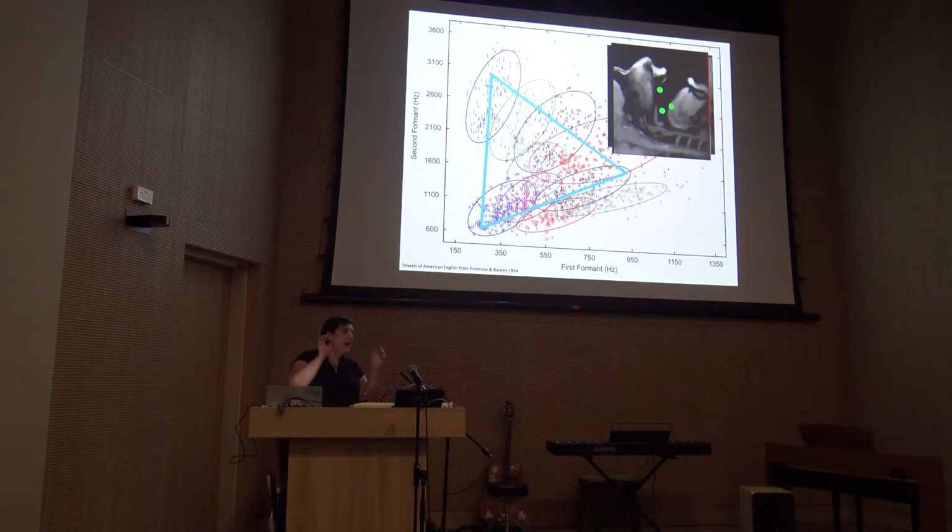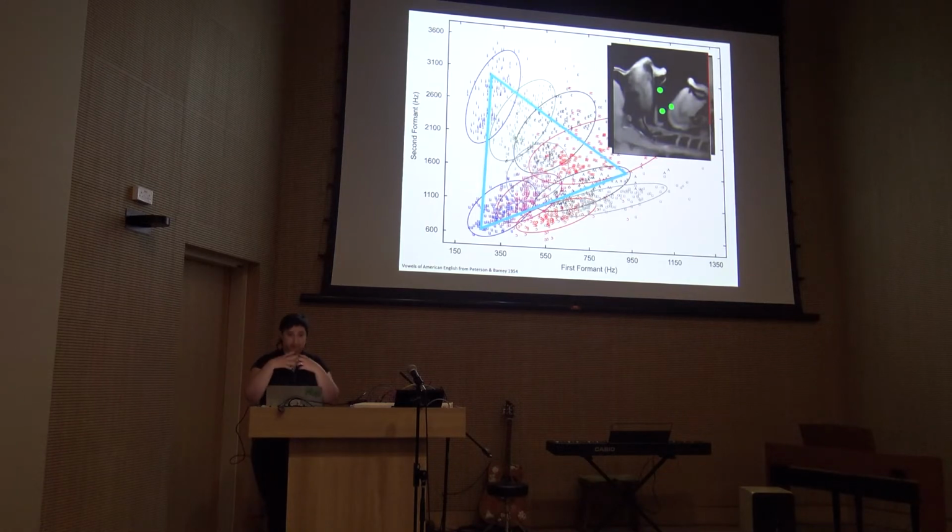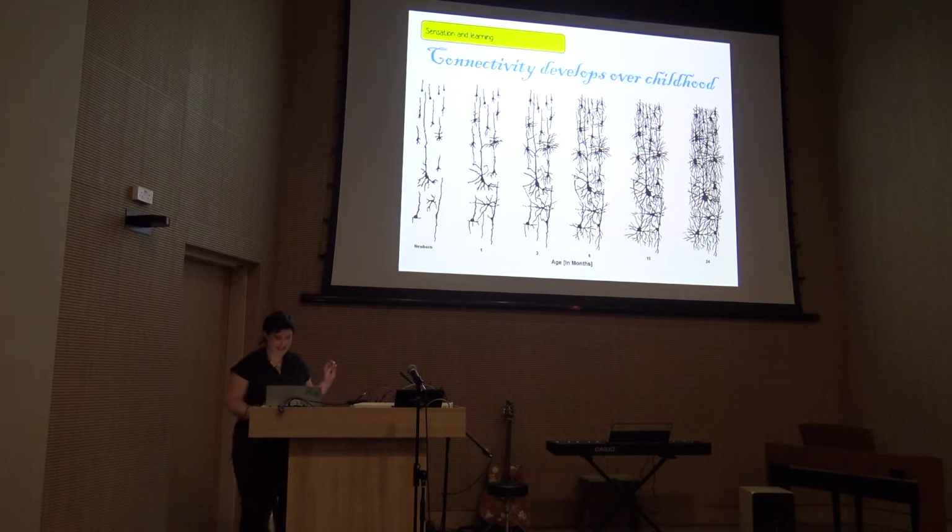So there is a direct relationship between the physiology of the producer of speech and the acoustics that we can measure from the spoken acoustic artifact. So, where do the brains come in again? Well, it's kind of interesting because